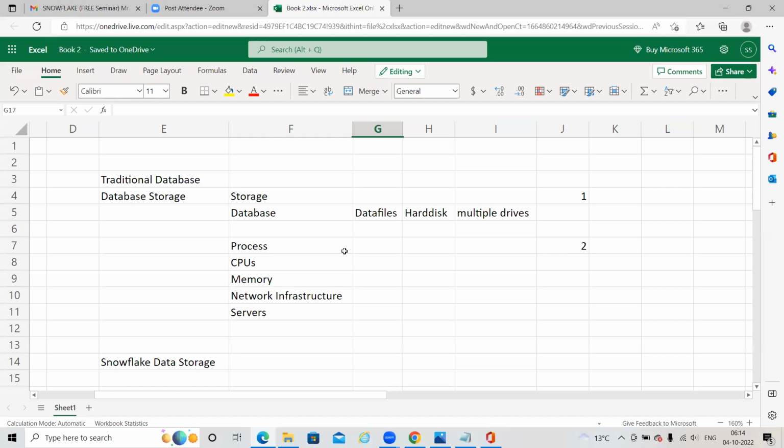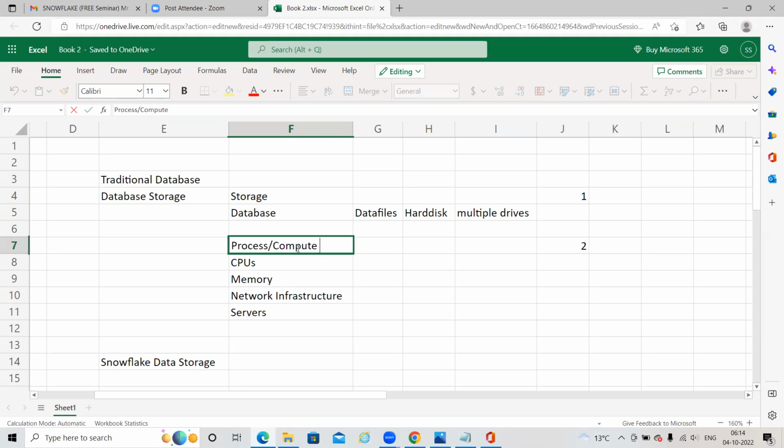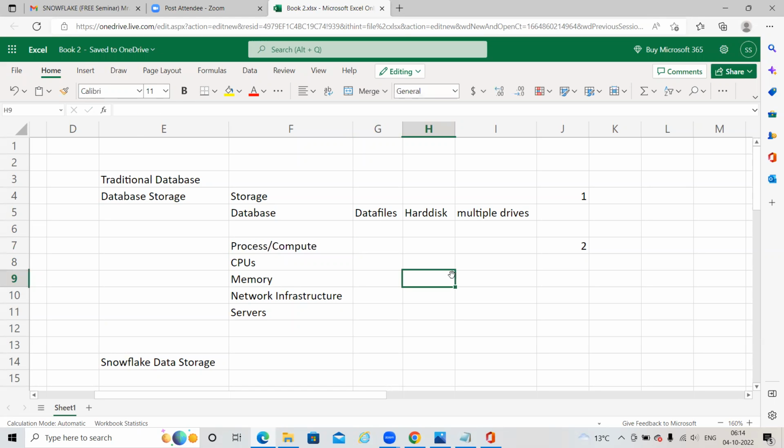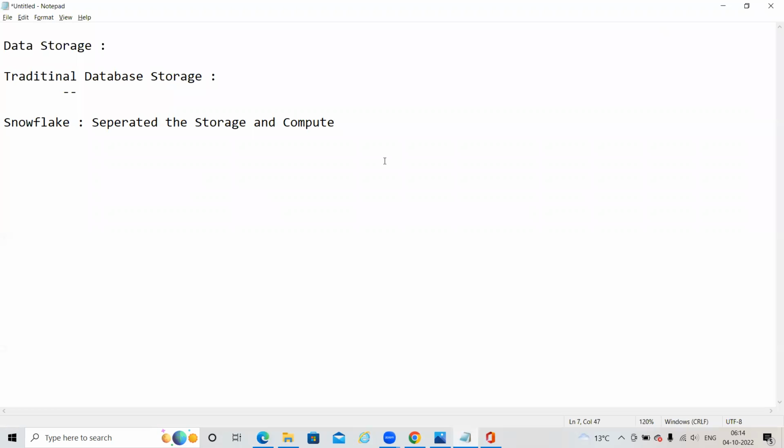I can say this is the compute. This is the compute. Fine. What is the advantage here? The separation of the storage and then compute in Snowflake.